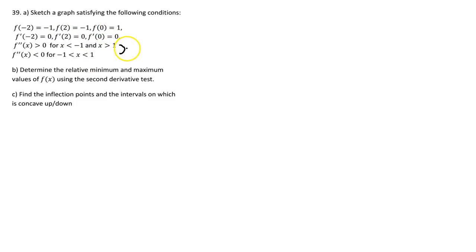But this one definitely can put into number line. F double prime. Let's put this in there. There is a sign change before and after negative 1, and also at 1. Okay, and it says between negative 1 and 1, F double prime is negative, whereas for the other cases, F double prime is positive. Okay, so that tells us that there's a change in concavity, so negative 1 and 1 are